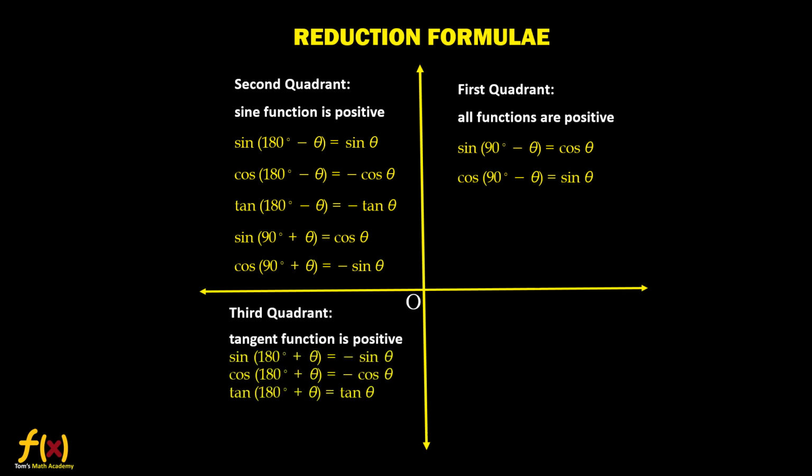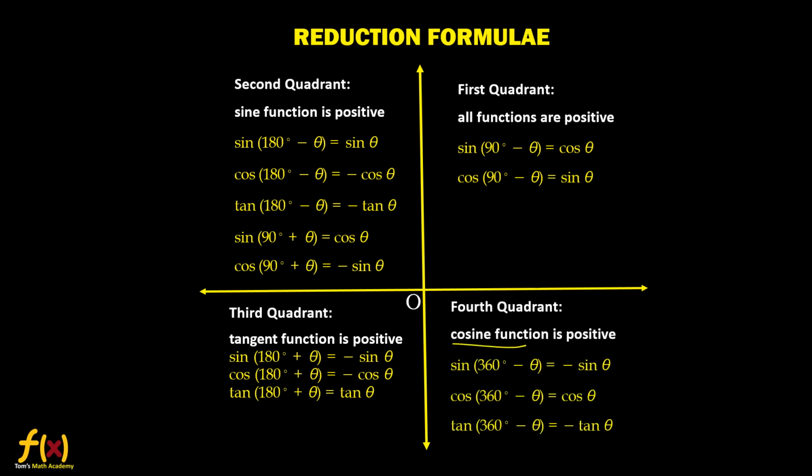Third quadrant, 180 plus, up to this, any angle, any point, 181, it is moving to the third quadrant. What is positive there? Only tan will be positive. The other two are negative, good people. And then we move on to the fourth quadrant. Cosine is positive. Only cos will be positive. The other two are going to be negative. Remember that. So the important thing I want to stress is when you have 90, be careful. You must be very, very careful. When you see 90, sine becomes cos, cos becomes sine.